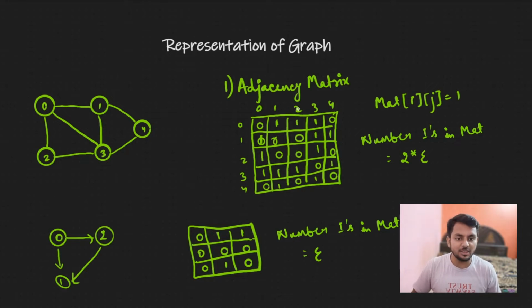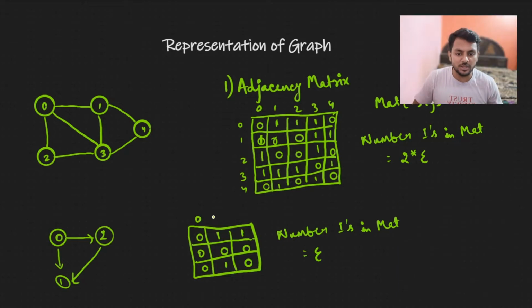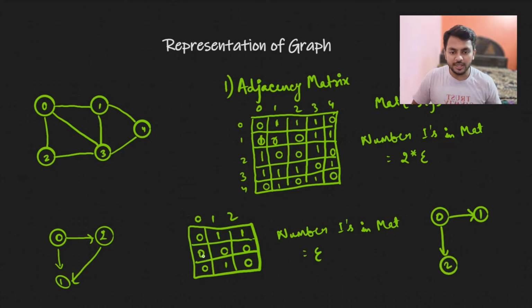Now in the question we do not have this graph. In the question we have this adjacency matrix. So with the help of this adjacency matrix, how do we build the graph? If you see, what does it mean? It means there is an edge from 0 to 1. So I will make node 0 and node 1, and I will point 0 to 2, so there will be one edge from 0 to 2. Now it is saying there is no edge from 1. Now from 2, there is an edge to 1. So you see, with the help of the matrix, we can make the graph, and with the help of the graph, we can make the matrix.